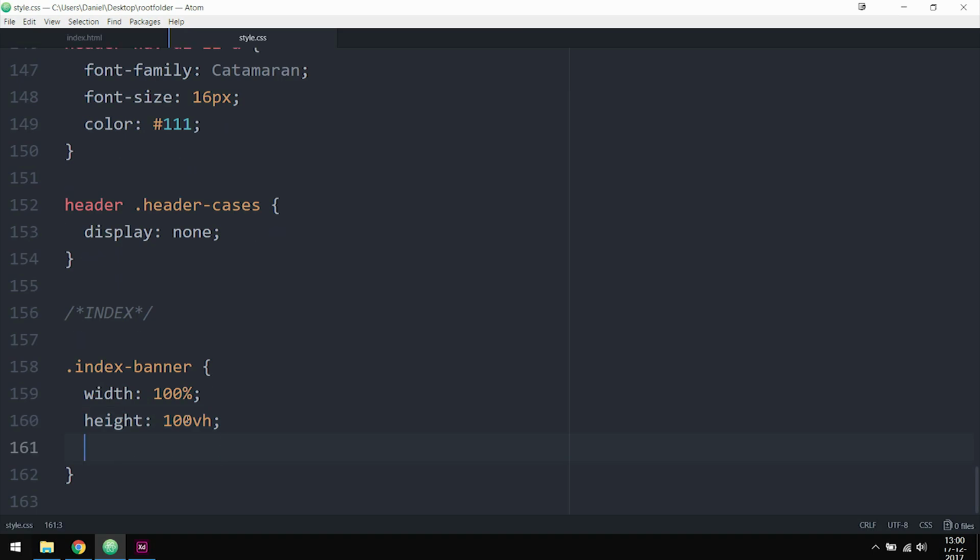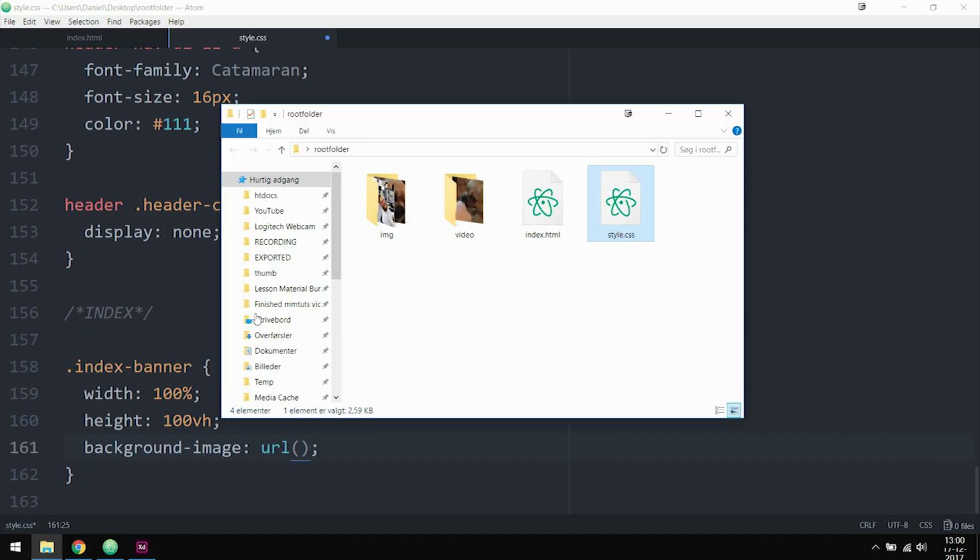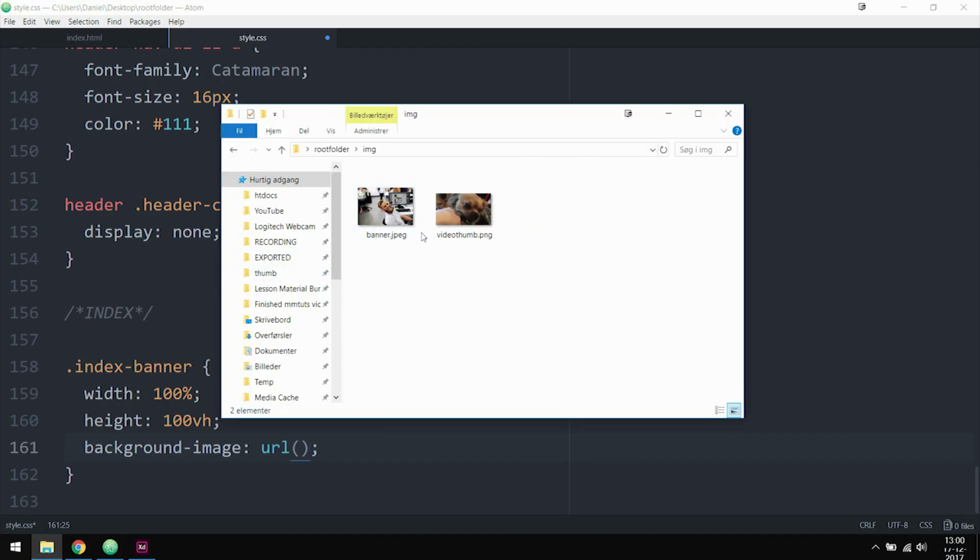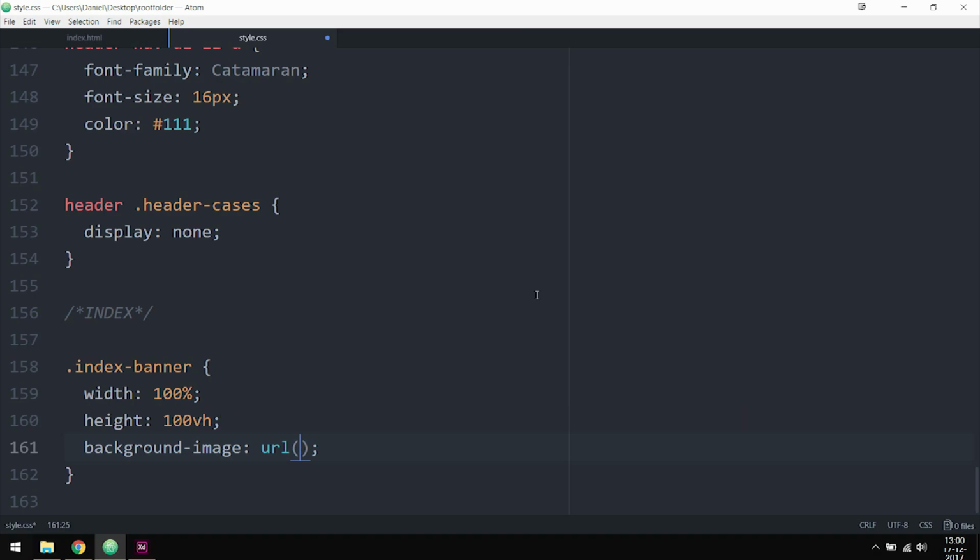go ahead and add the background image so you guys can properly see it when we do actually need to refresh the browser. So I'm going to say we have a background dash, not color, but image. And I'm going to set a URL, parentheses, semicolon. And what I have inside my root folder here is an image folder for the image that I'm going to use in this example here. So I'm going to take the banner.jpg and just link to that one. So I'm going to say we have single quotes. We have an img folder, and inside the img folder, I'm going to say we have a